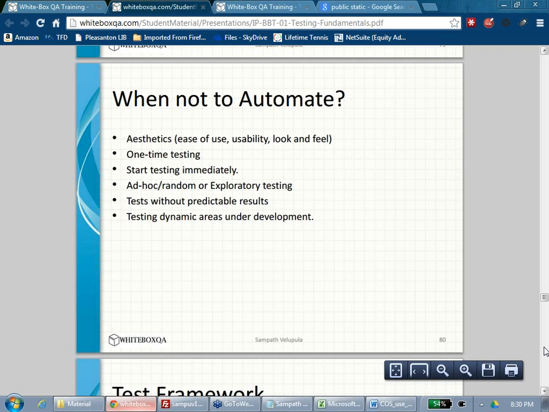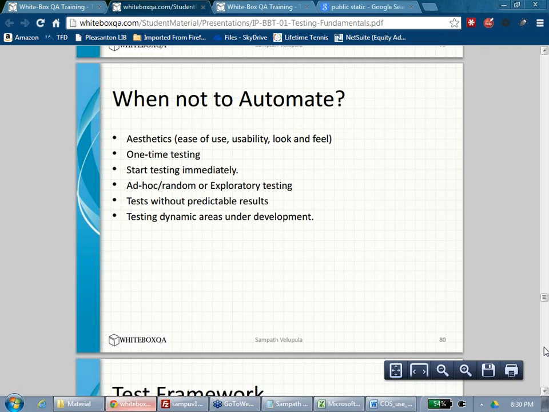And another thing is look and feel. Can you test look and feel with automation? Can you tell that this button should be here using automation? Those are things only humans can do, look and feel and all this. And let's say, for example, there is a video and I want you to test that at 1 minute 12 seconds this frame is playing. Can you automate it? You can, but automation will take more time than manual. So in some situations manual is easier than automation. Agree? So usability cannot be automated.